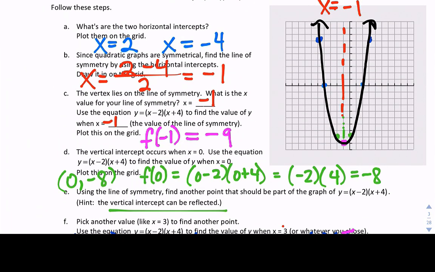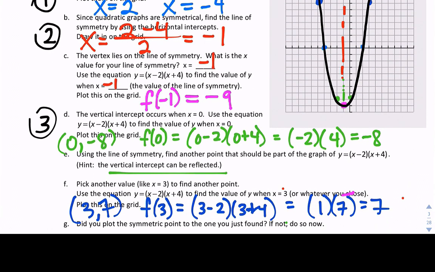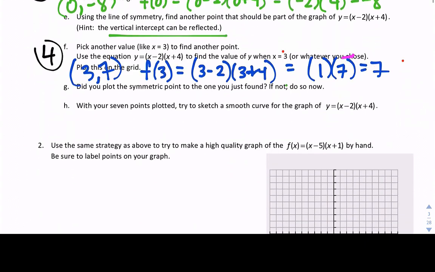You find the x-intercepts. There's the first step. You find the line of symmetry and plug that point in to find your next point. You can plot your y-intercept, and you can pick more points to plug in and use your line of symmetry to draw your function. All right, we're going to do one more, and your assignment will be like 4 of